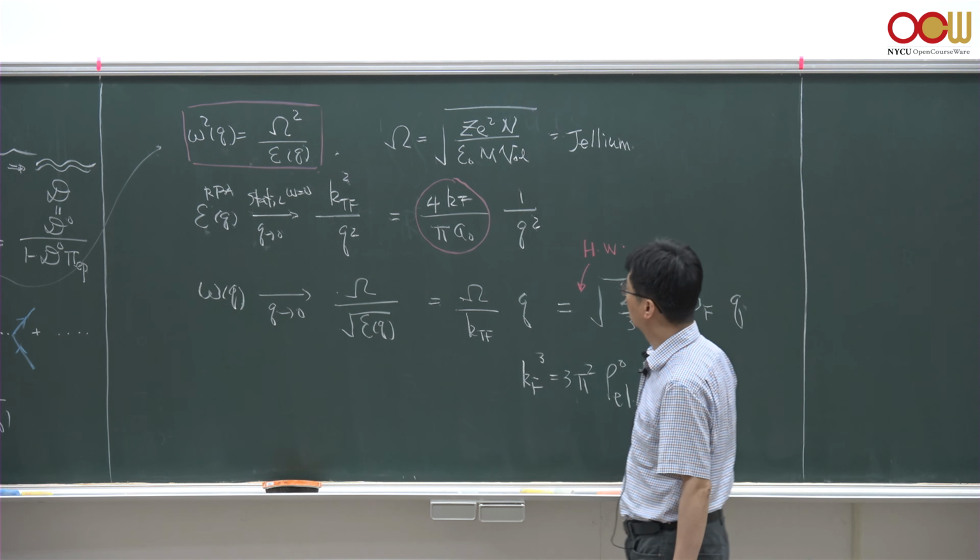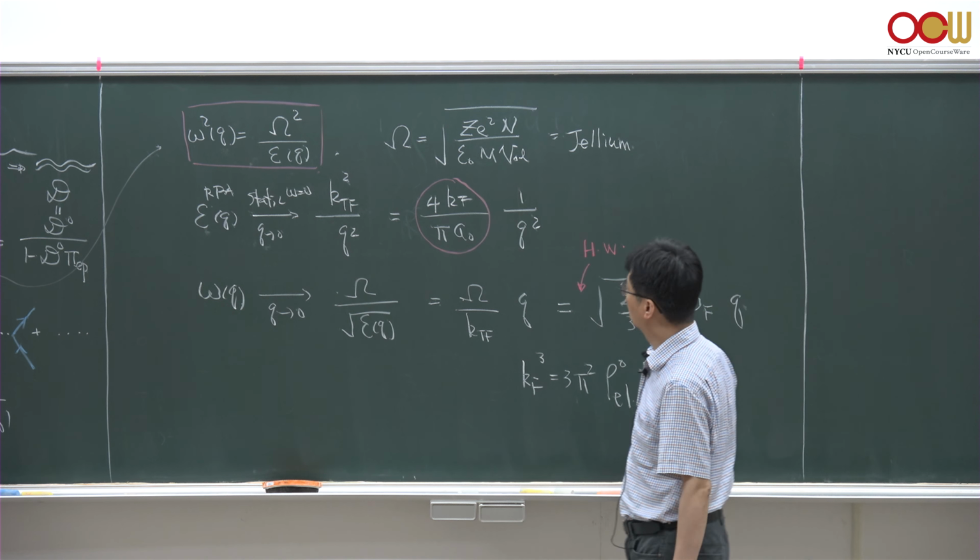And you know very well that this epsilon in the static and long wavelength limit is given by the square of the k Thomas-Fermi divided by q squared. So you take the square root of this and you get this linear-in-q relation that we already pointed out last time. Okay, but what we didn't do is to really estimate this prefactor, this coefficient in front of the